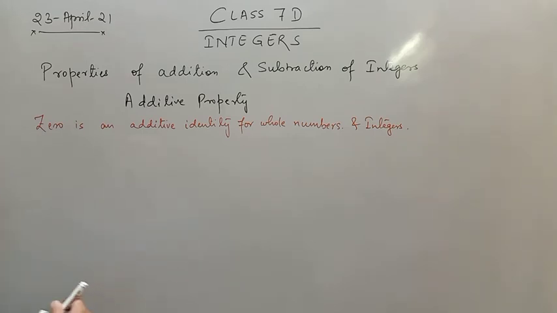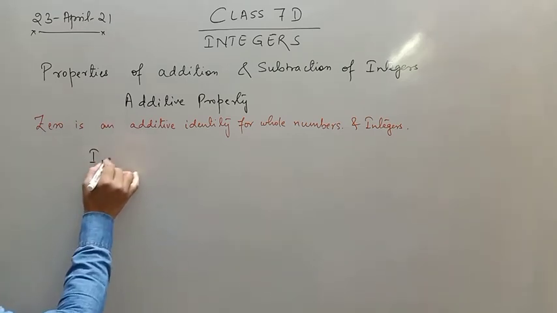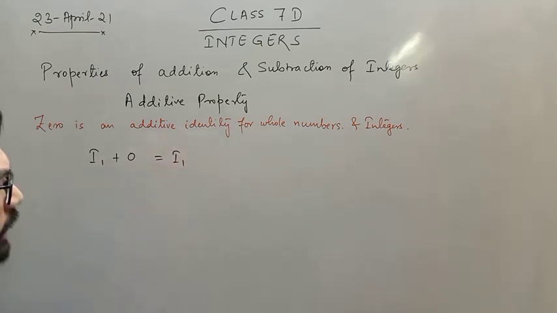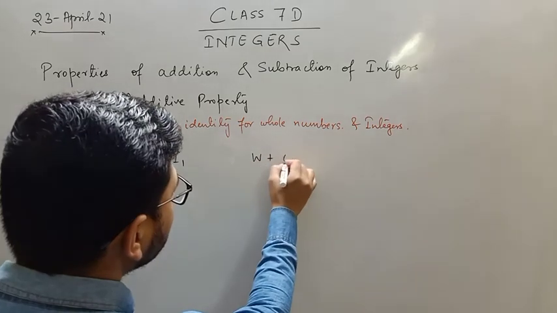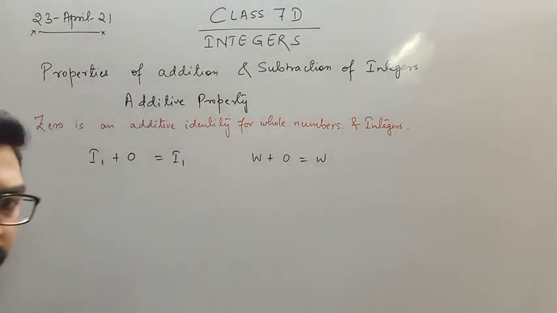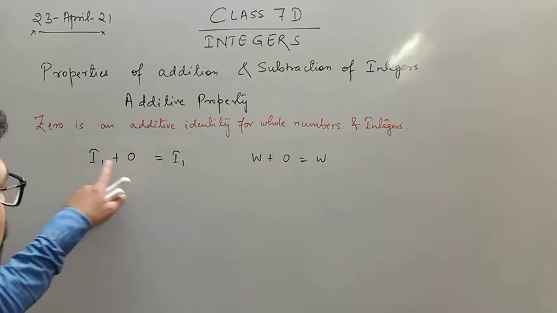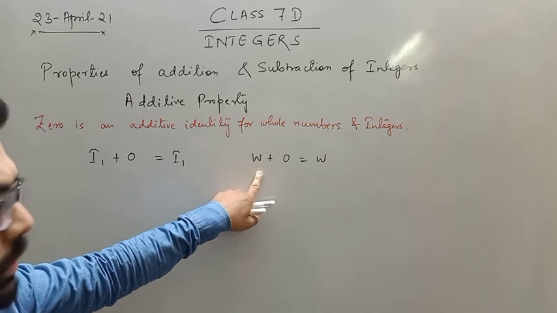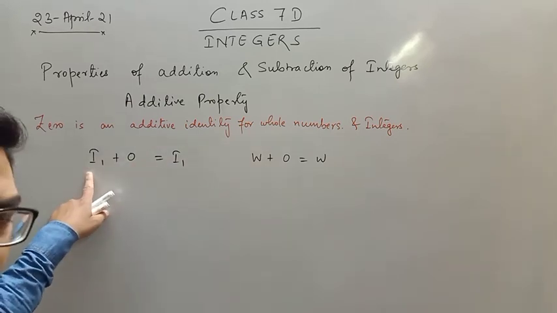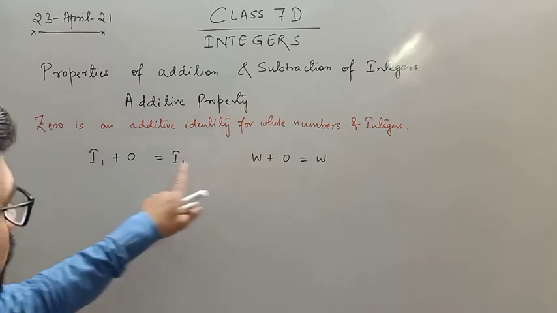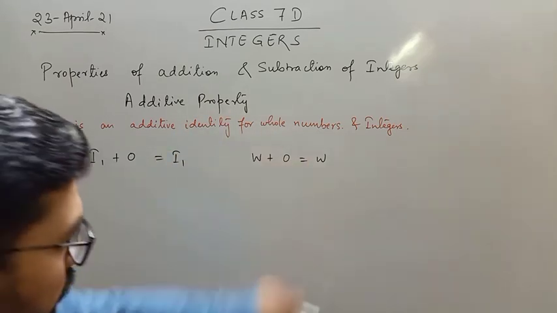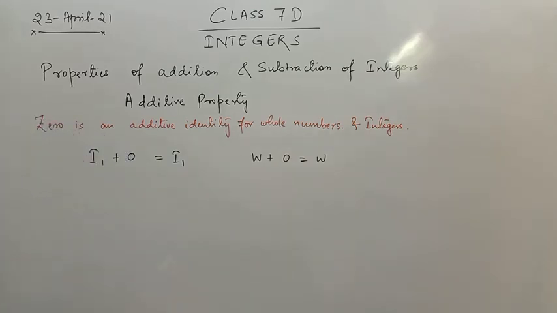Let's say if I have an integer I1, when I add 0 with an integer, the result will remain an integer, right? Similarly, if I add a whole number with a 0, the result will remain a whole number, right? So 0 has no influence either on integer or on whole number. तो 0 का ना तो integer पे कोई फर्क पड़ेगा ना ही whole number पे. The result will remain an integer and the result will remain a whole number. I am taking some examples from your book only.